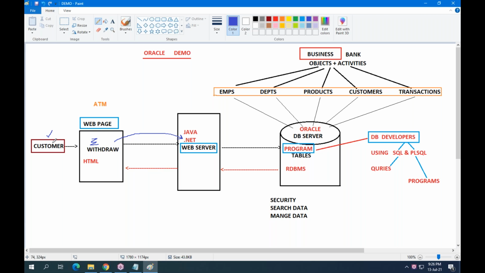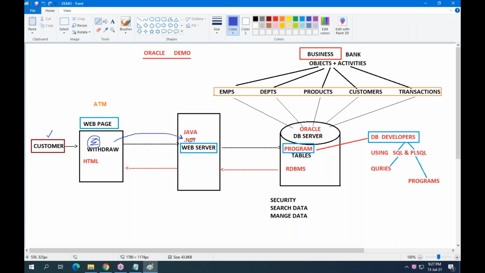Anyway, I am a customer making a request. The request passes to the web server. In the web server system, we have to install a web server software. So what is the use of a web server?